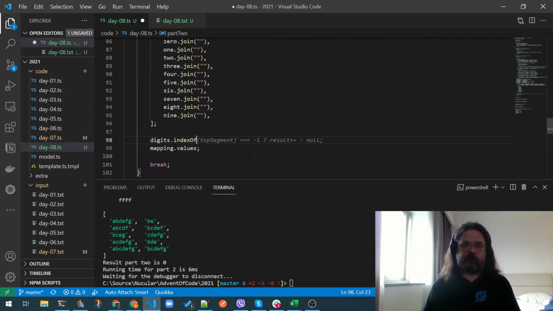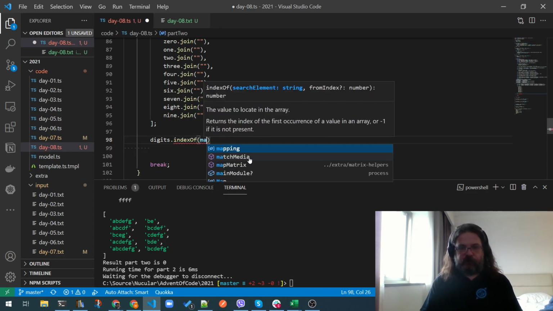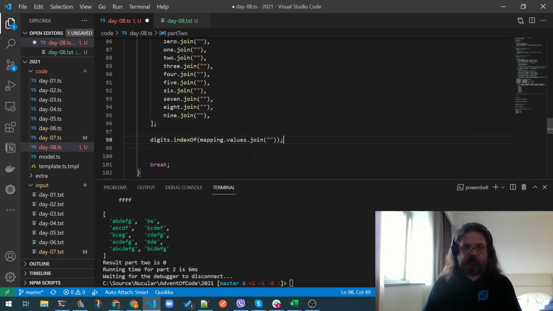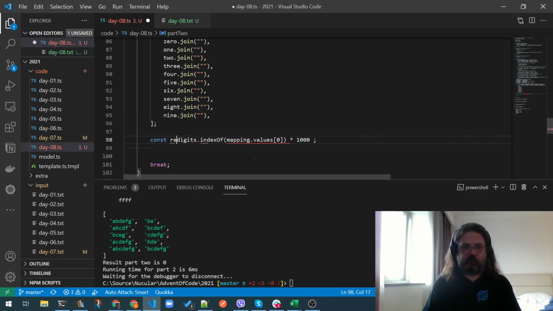Yeah, we can use index of. Index of mapping dot values of 0 times 1,000. That's the value. Plus,